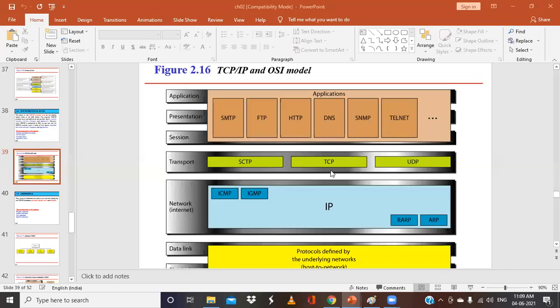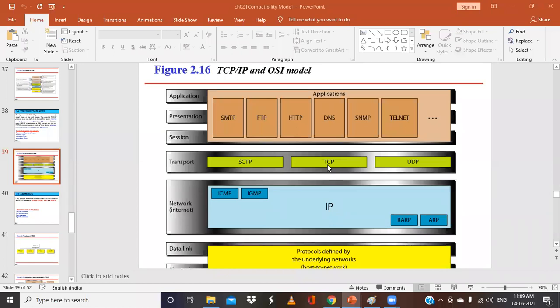So we're discussing the task or functions of the TCP. UDP is meant for process to process data transfer, for port addressing, error detection, error control, and checksum. All these will be taken care of by the UDP. And TCP provides services for applications as a reliable stream transport protocol. The term stream in this context means connection oriented. Basically TCP is a connection oriented service. That is the main task of the TCP.